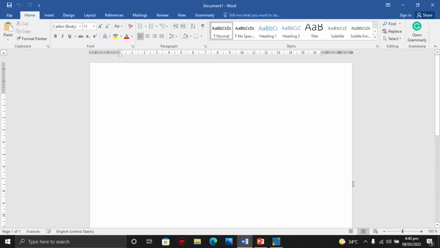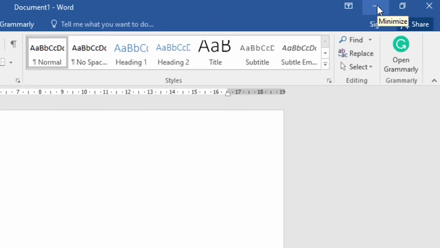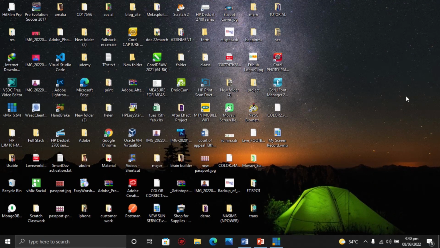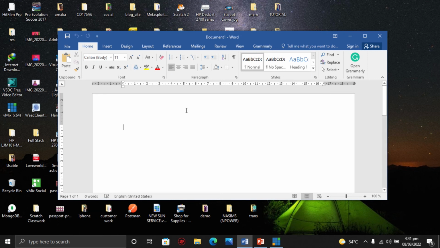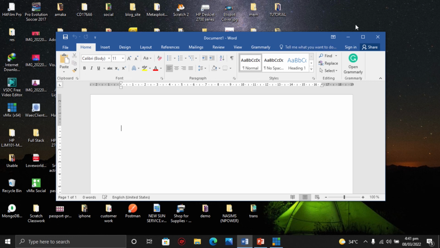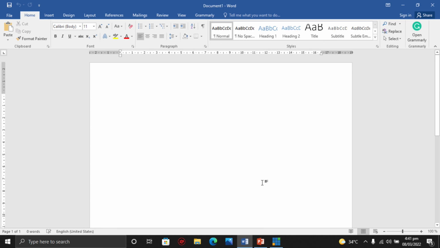Alright. So these are your window buttons, like I've told you before. This one can be used to minimize. If I click on it, it will minimize and go back to my desktop screen. I have to go back to my taskbar and click on Microsoft Word, and then I get back to Microsoft Word. Then this button here is used to restore down. It's going to shrink the Microsoft Word window to a small size on your desktop screen. If I click back on that particular button, it has maximize. So it's going to maximize the work environment back to the normal view it was before.